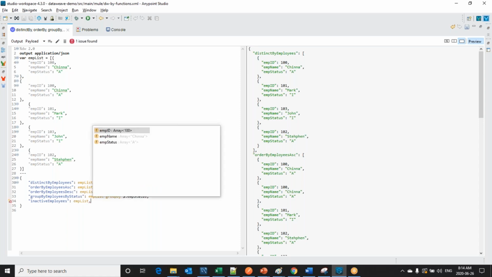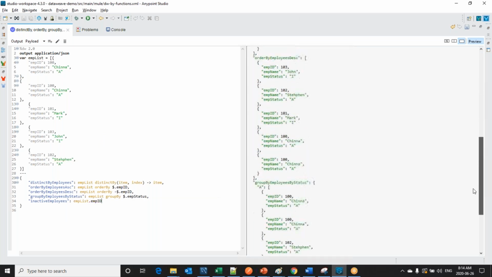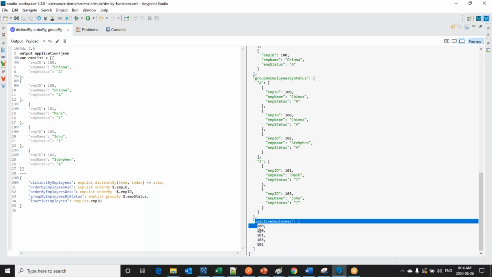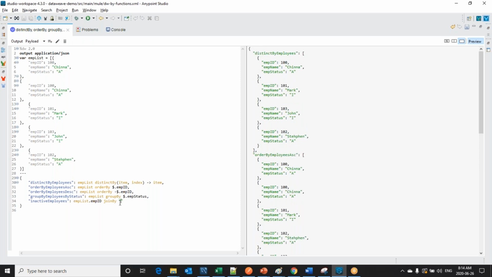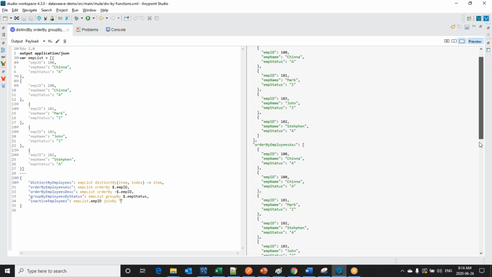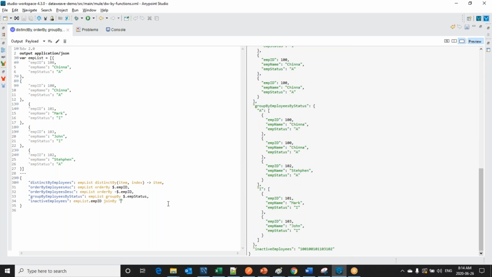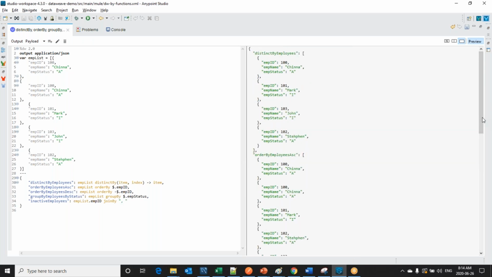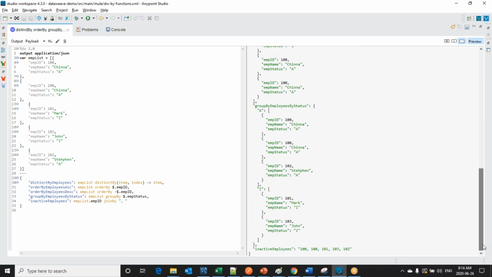If I write emp list dot emp ID, it will give me an array of values. If I would like to get that as a field, then I can join this array of fields into one line with some separator. Now we see it has changed to a single field. If I put a separator like comma, space, we can see it has changed to 100, 100, 101, 103, 102.